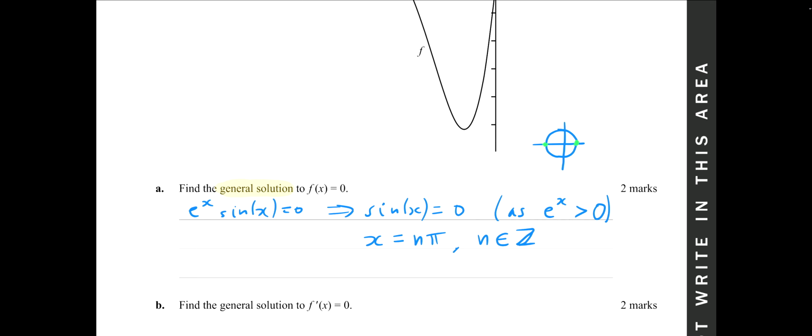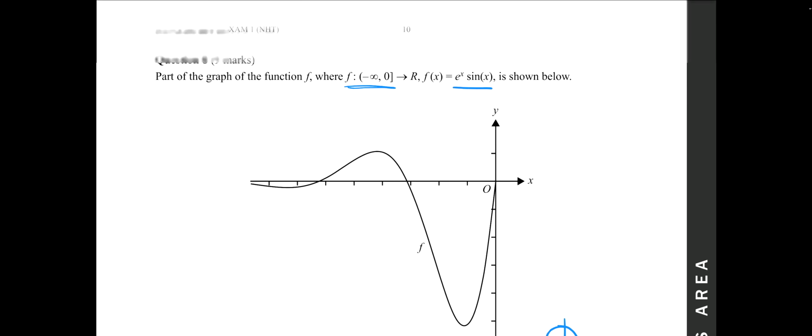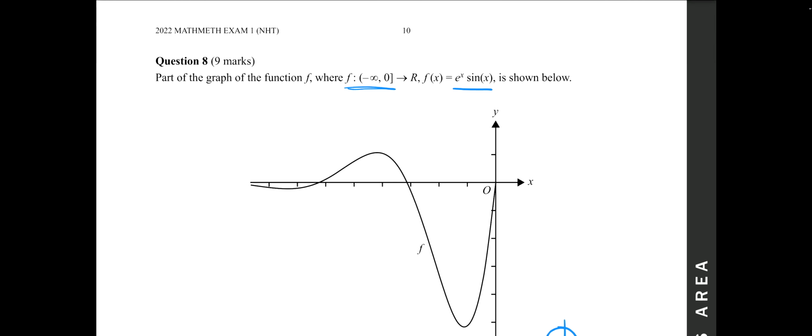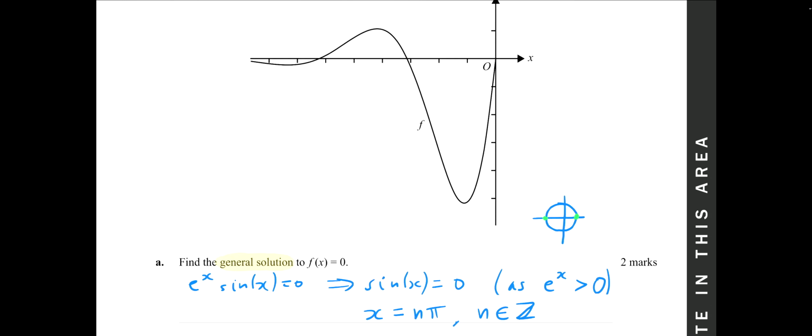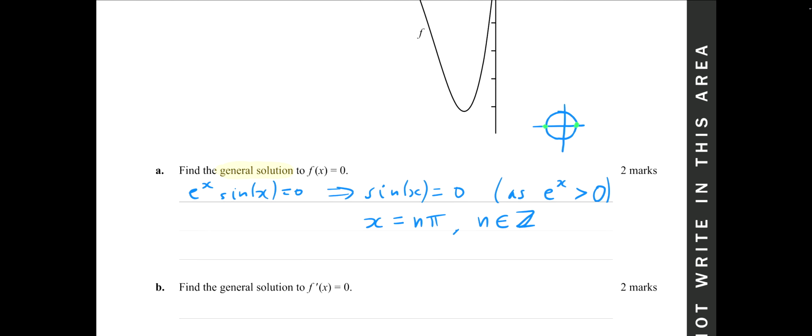Now, this is crucial. You have to write an element of Z, otherwise you don't get just integers. So for any multiple of pi, so basically pi, 2 pi, 3 pi, etc., we want that. However, make sure that you look back at the domain. This domain's from -infinity to 0, remember that? So we don't want just any integer, we want just the positive integers, so we're going to call that Z